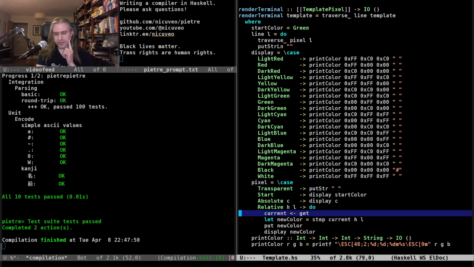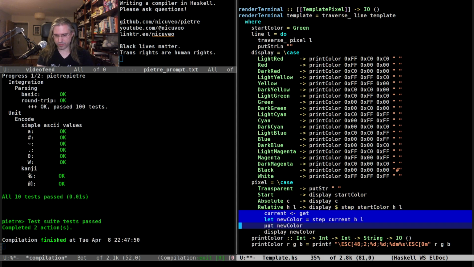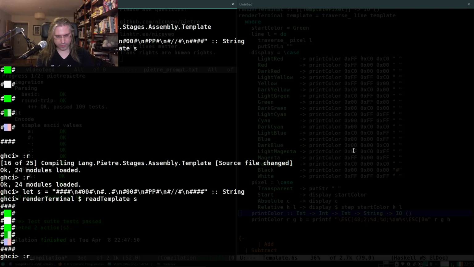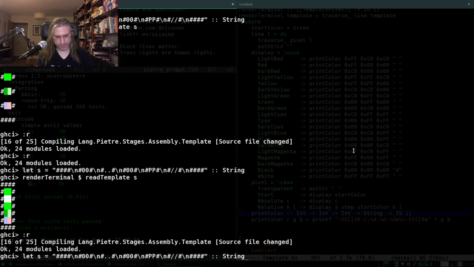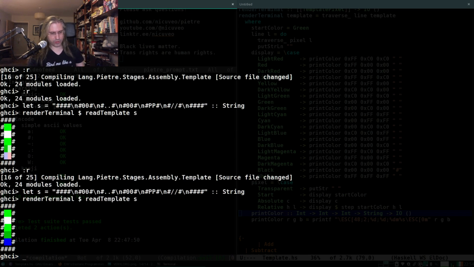And when it's relative, it's going to be relative to the start color. So now after doing start color green, we do a push, which is one darker than the starting color. And then we do a divide compared to the starting color.